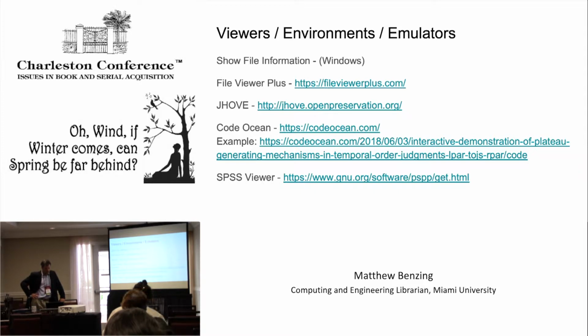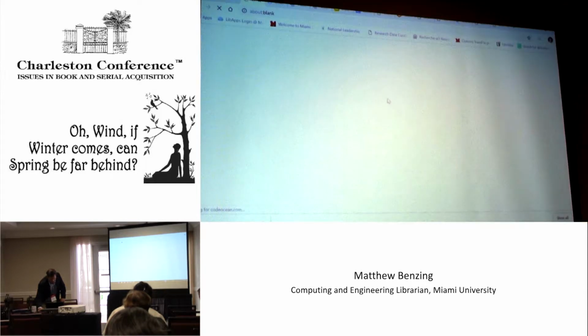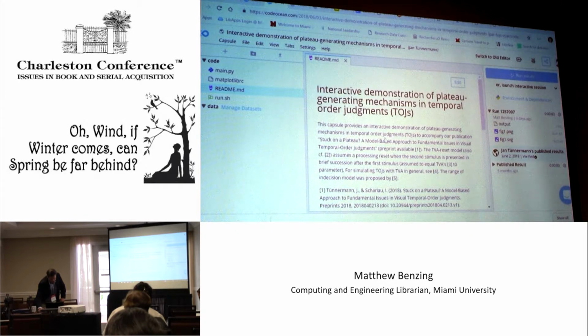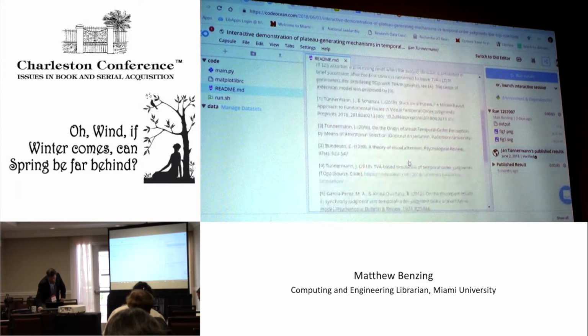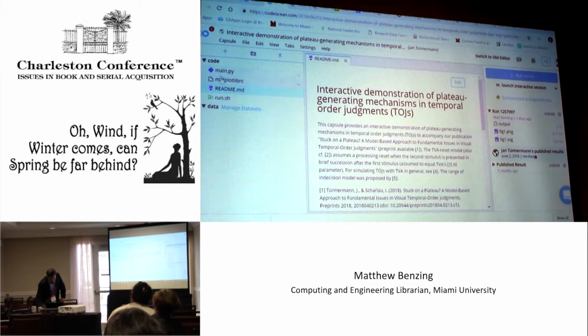CodeOcean, which I am just starting to find out a little bit about. Who knows about CodeOcean? They've got a display at the vendors area that I'm going to go by. But what they do is kind of nifty. They provide runnable code. I'll give you an example here. This is some code that goes along with an article, and they give you all the materials here, and you can also run it and put input in and get output.